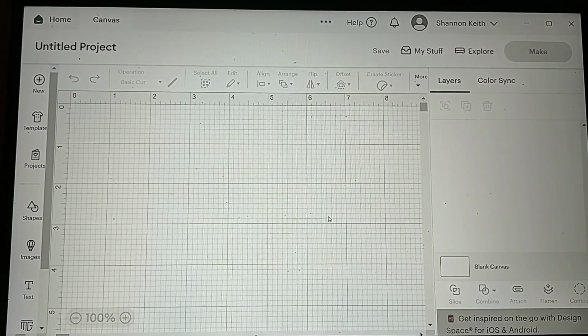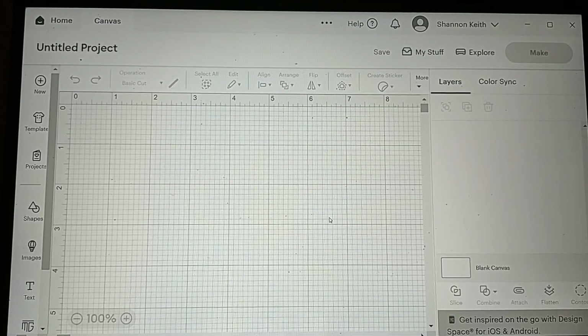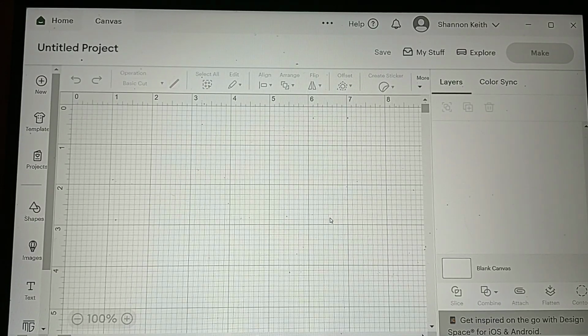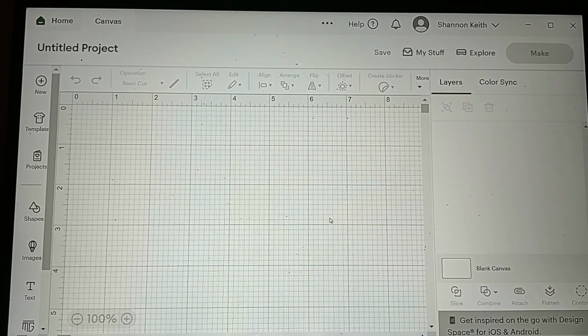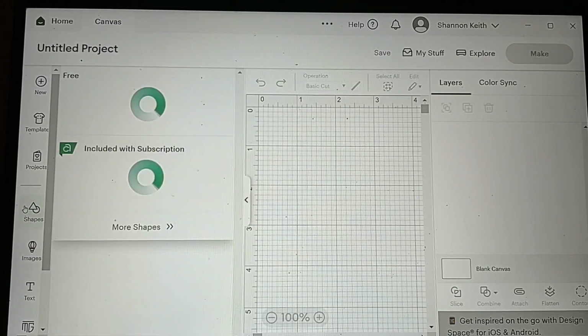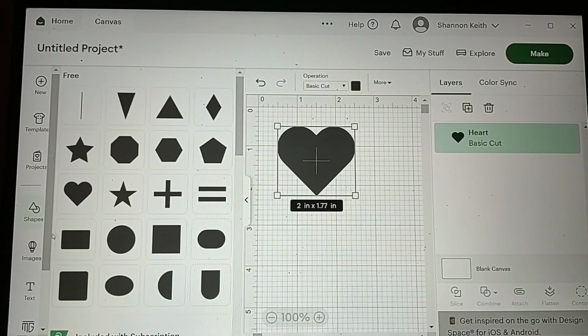So first, if you're going to create a cut file, now when I say create a cut file, I'm not talking like a title and all that. I'm talking about like a cut file like pear tree cut files, so that it's a negative, it has an opening on it so that you can back it, and all that, versus like a solid die cut image type thing. So let's just do something easy. Let's go with shape. I'm gonna take and do a heart, and then